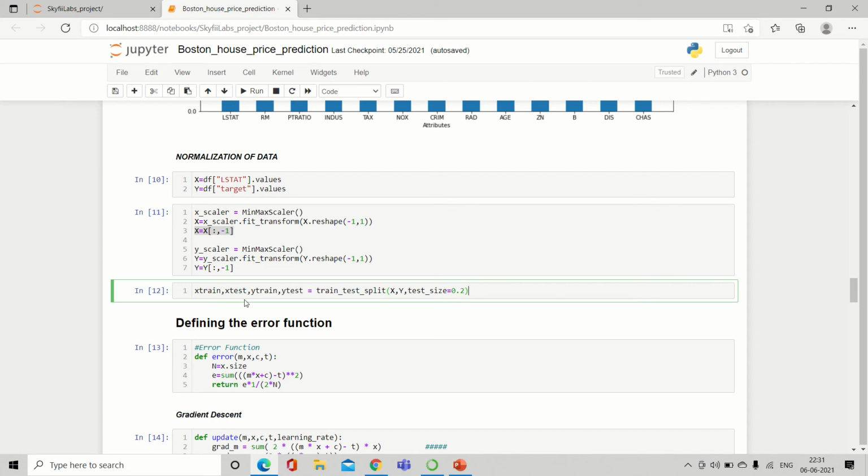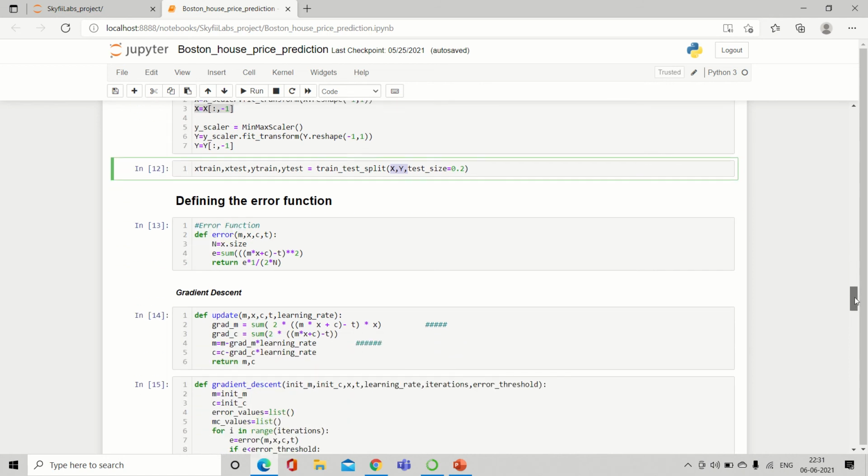So for this, we are going to use the train_test_split method and pass the X and Y values. Here test_size equals 0.2, meaning 20% of the whole data is given as test data set and the remaining 80% is given as training data set.